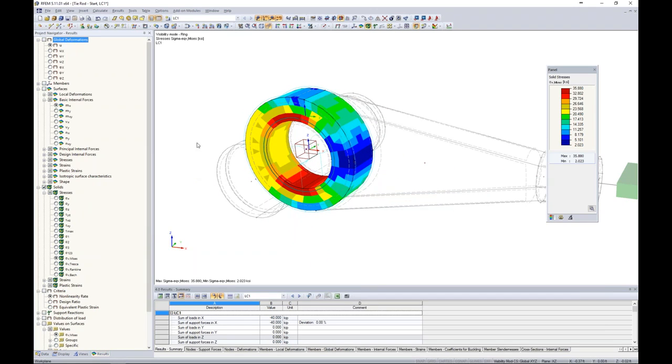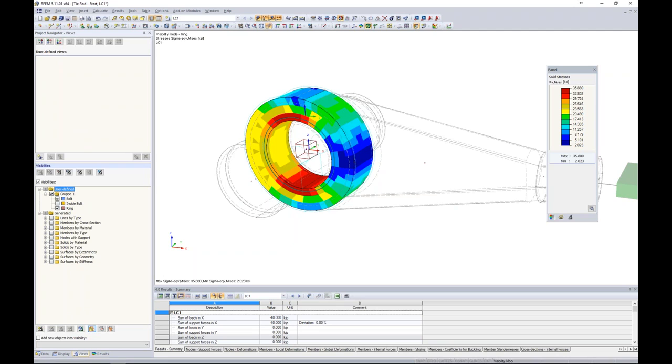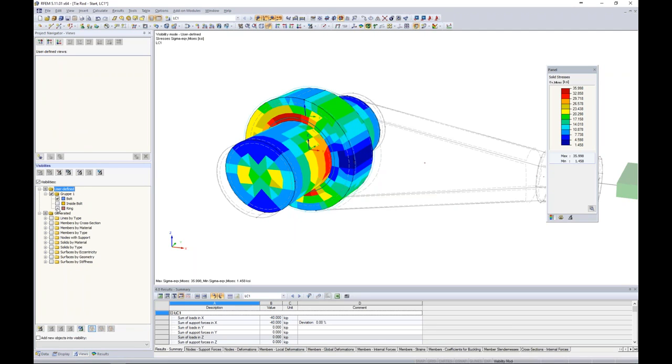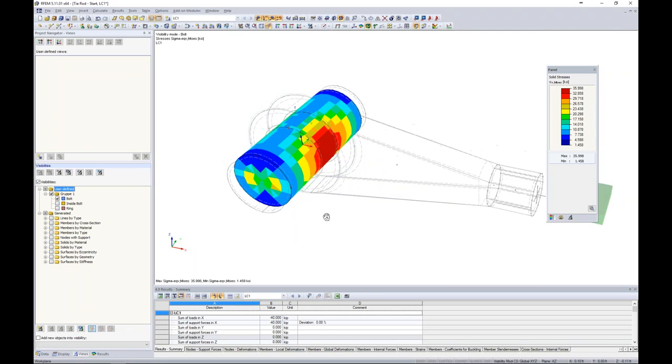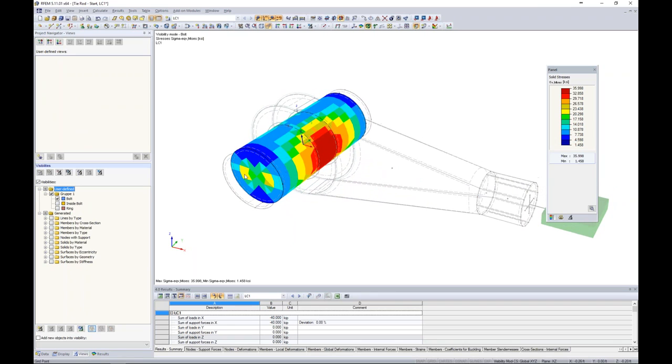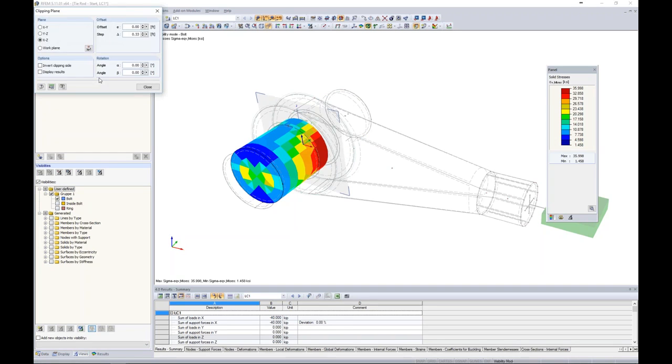Now, the other thing to notice is that under the bolt, if we just generate this view, maybe we're interested in viewing what our stresses are along the depth and length of this bolt. And with solids, it's sometimes hard to tell, well, okay, I can see externally here what's going on, but what's going on within the inside of this solid element? And that's where we have something called a clipping plane. So under Insert, Clipping Plane,